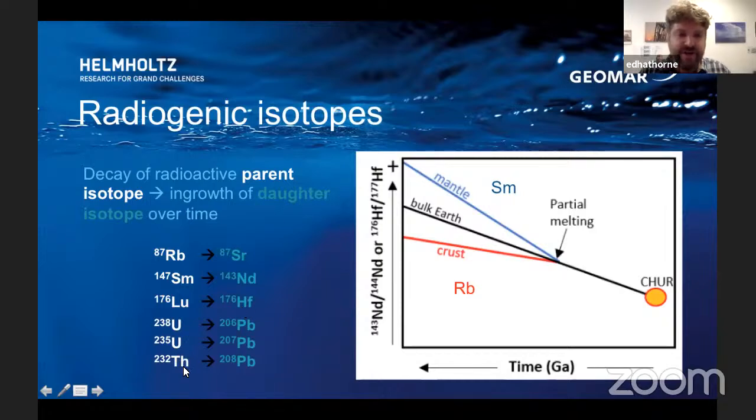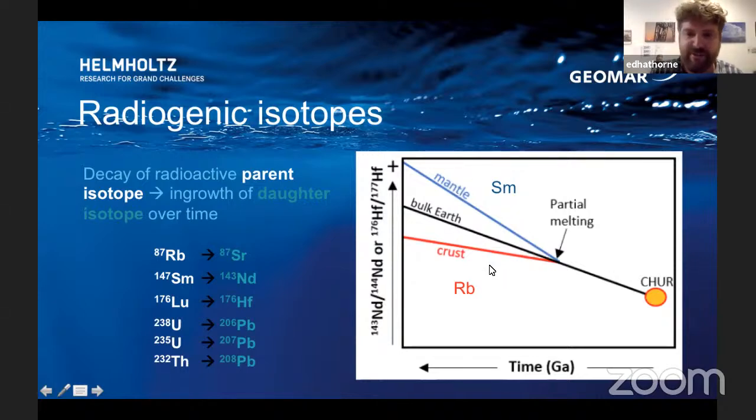And uranium and lead, all these elements are very particle reactive. Uranium is not. Uranium is actually very mobile, and therefore the lead system is much more, let's say, not susceptible, but can be influenced by crustal processes. So what happened over time is that the Earth differentiated into a crust and mantle, and while it was doing this,